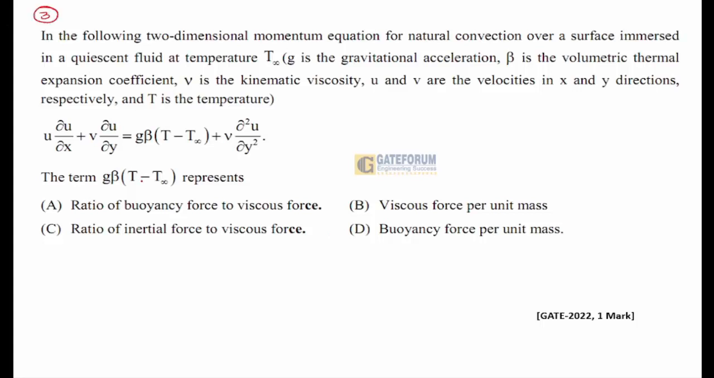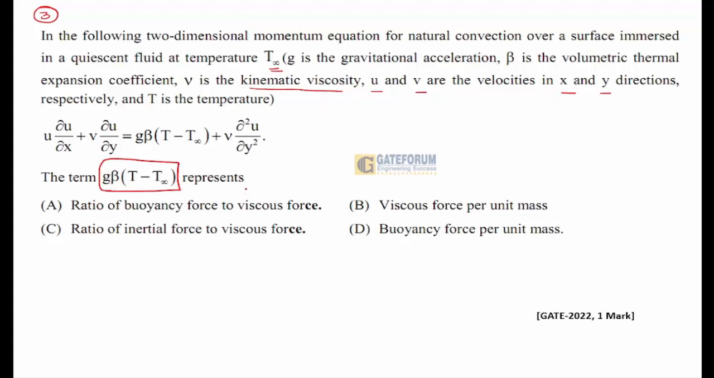In the following two-dimensional momentum equation of natural convection over a surface immersed in a quiescent fluid at temperature T infinity, g is the gravitational acceleration, beta is volumetric thermal expansion coefficient, nu is kinematic viscosity. u and v are velocities in direction of x and y. u ∂u/∂x + v ∂u/∂y = g β (T − T∞) + ν ∂²u/∂y². The term g β (T − T∞) represents ratio of buoyancy force to viscous force